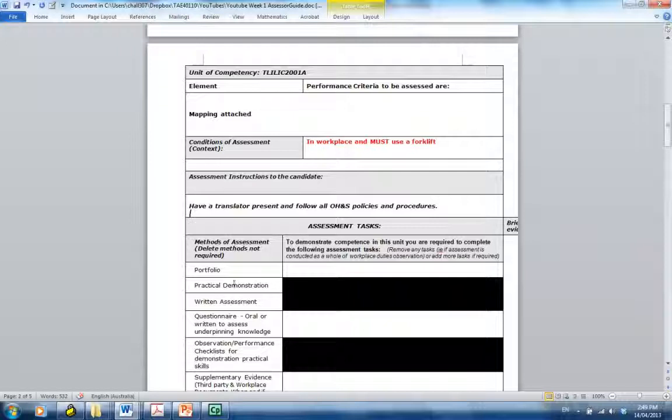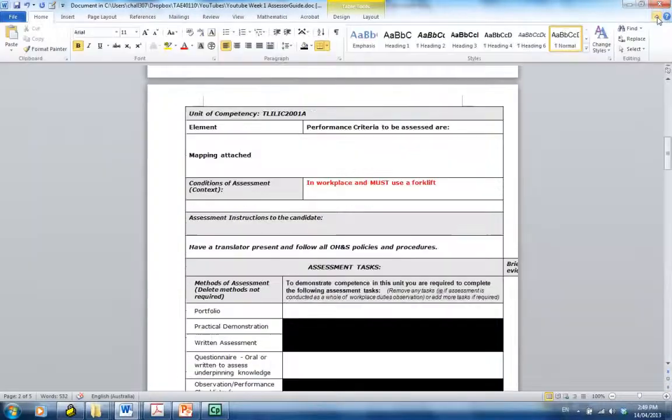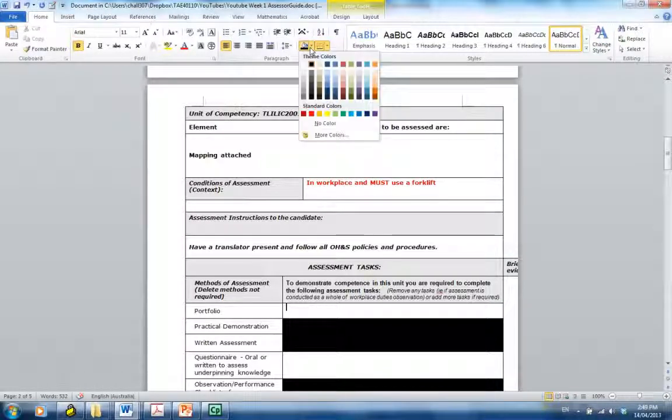With the mapping part here, you can see this is left like Susan's last one. He won't have a portfolio of evidence like Susan, so you can just click on that cell. I'm going to open that little ribbon up, go to Home, and then you've got this little shading box there. I'm going to shade it black. If yours isn't set to black, just change it to black there.